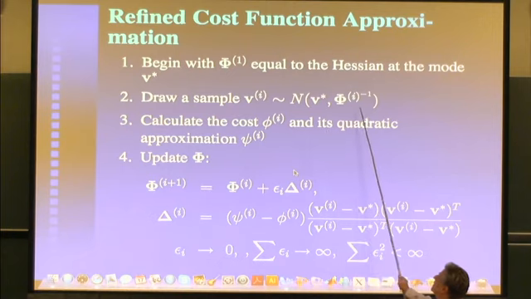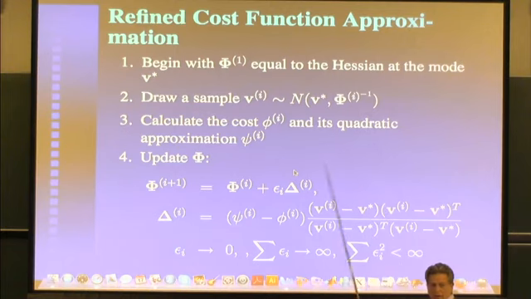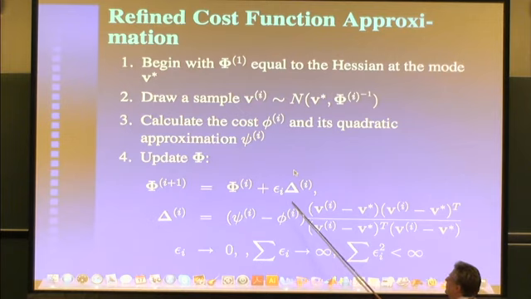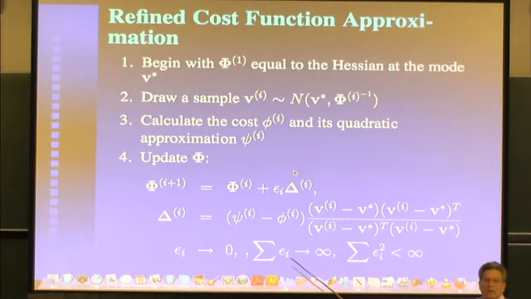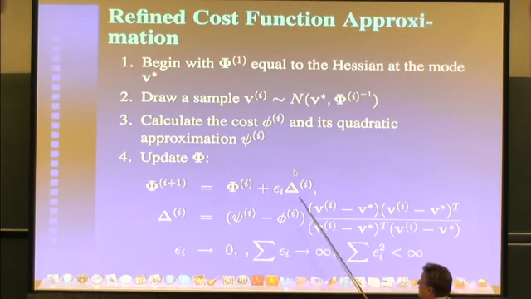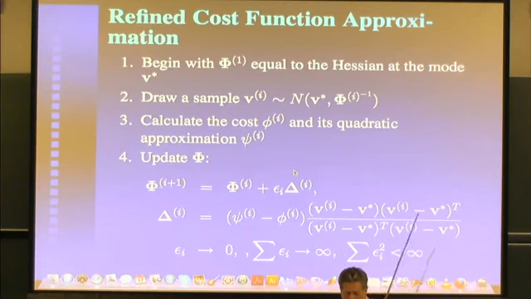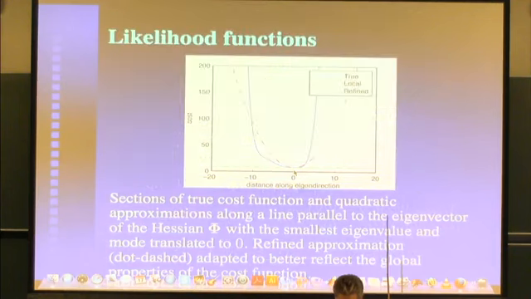Its covariance is the ith iterate of this thing, and you calculate the importance weight, and you go back and calculate the true covariance. You calculate the weight, and then you update by this recipe. Epsilon goes to 0, but not very fast. Think 1 over n; think epsilon sub i is 1 over i, for instance. So I add a little piece, and with any luck it will converge, and that's how I got this picture.